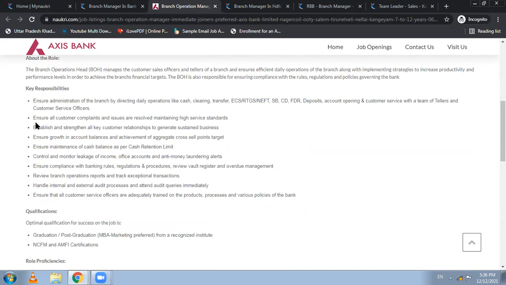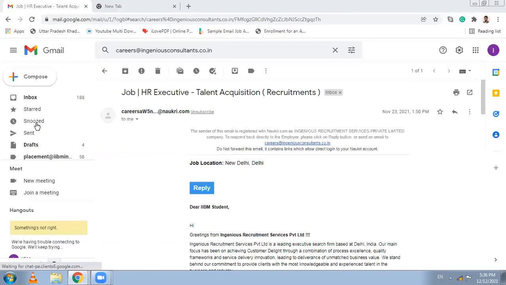Sir, if I'm pursuing the internship at IIBM for data science, should I search for senior data scientist, junior data scientist, or data analyst? What kind of job profile should I look for? Very correct and genuine question that our freshers should have in mind. Really, it's a very good question.